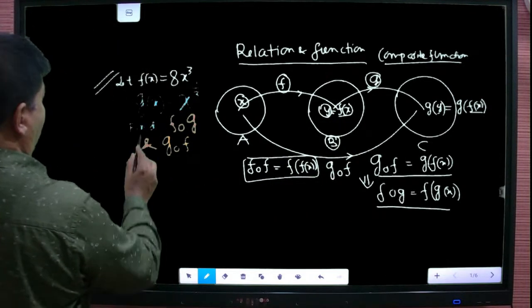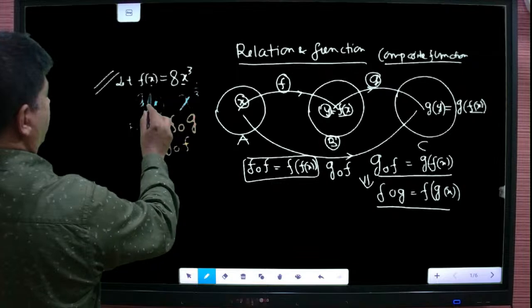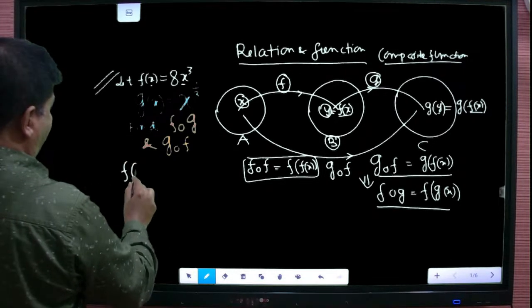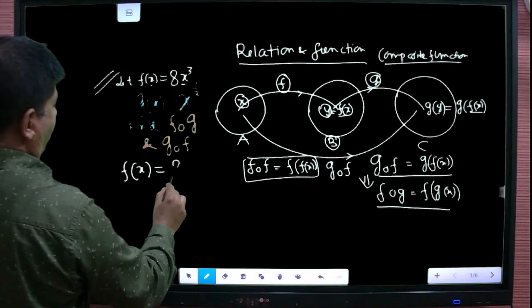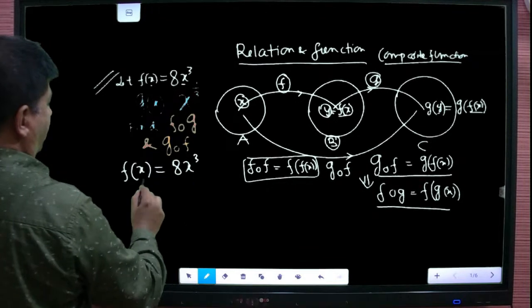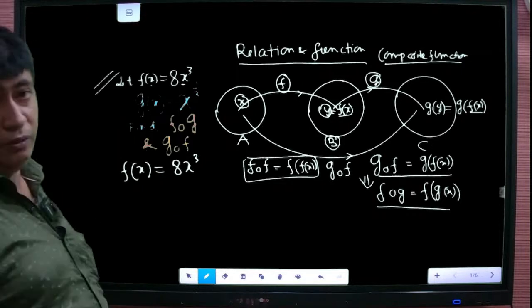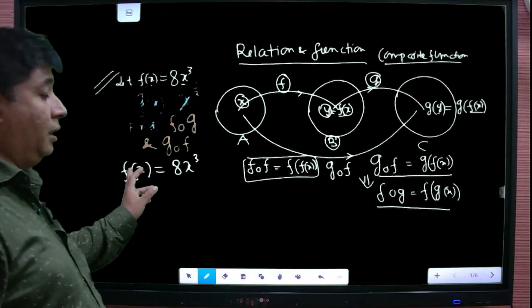See, f(x) is equal to 8x cube. Suppose f(x) is given as 8x cube in the question, if you put 1, then it will be 8 times 1 cube. If you put 2,